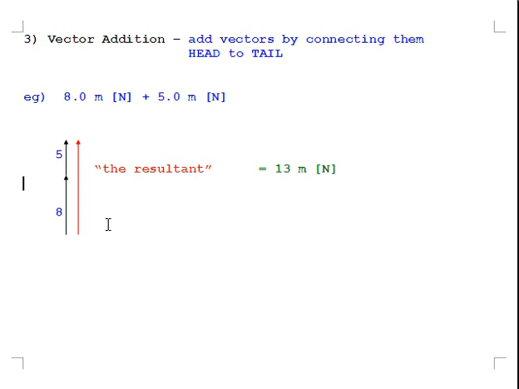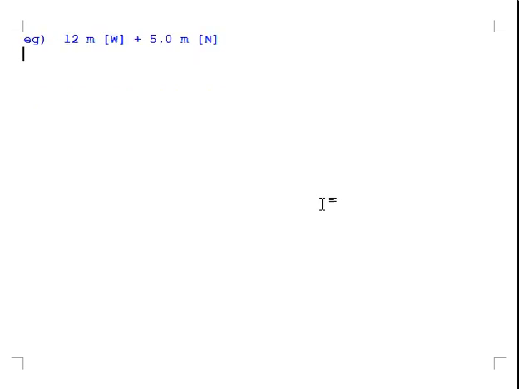In this case, the picture wasn't really necessary. We walked 13 meters north. That's simple. Let's look at one where a diagram would actually be really helpful. And that's something like this. What if you walk 12 meters west and then you turn 90 degrees and you go 5 meters to the north? So we want to figure out if you walk 12 meters to the west, notice I put an arrowhead